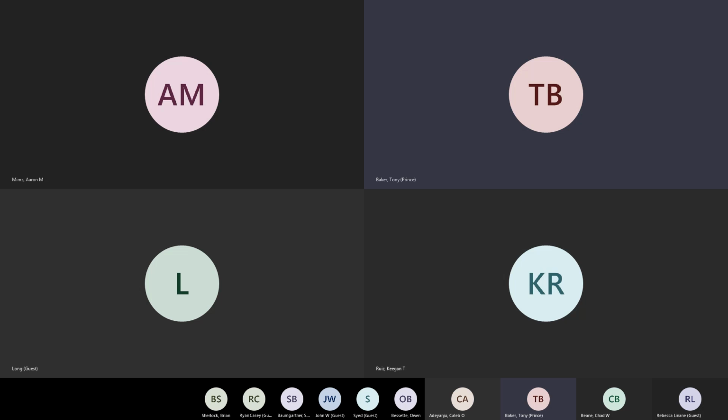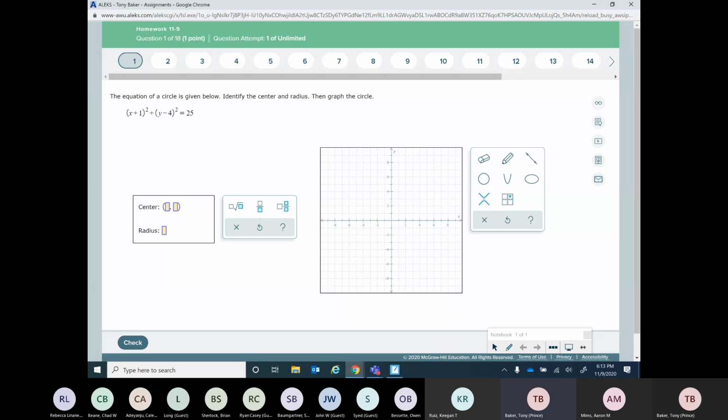All right, so the first thing we're going to look at is circles. So you've got the circle formulas. Now we're going to have to use them. So the first thing we're going to look at is, in this problem, they want us to find the center